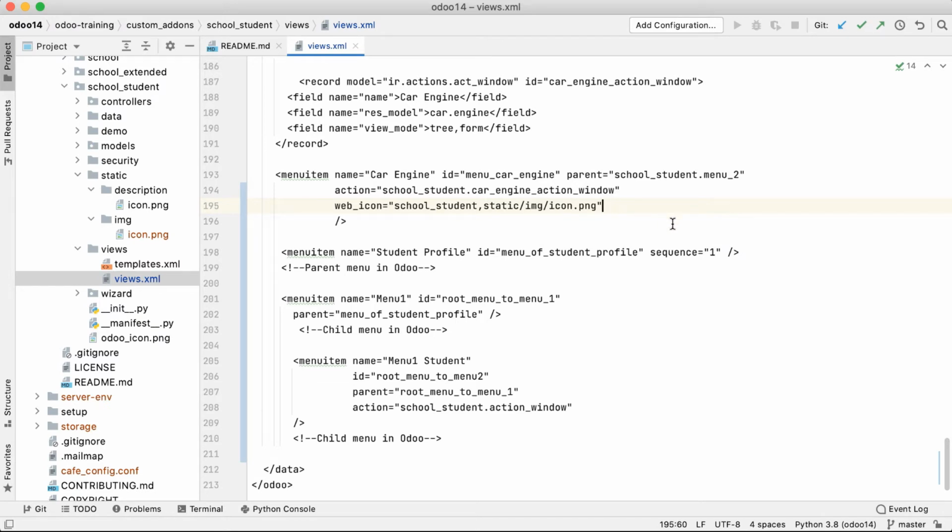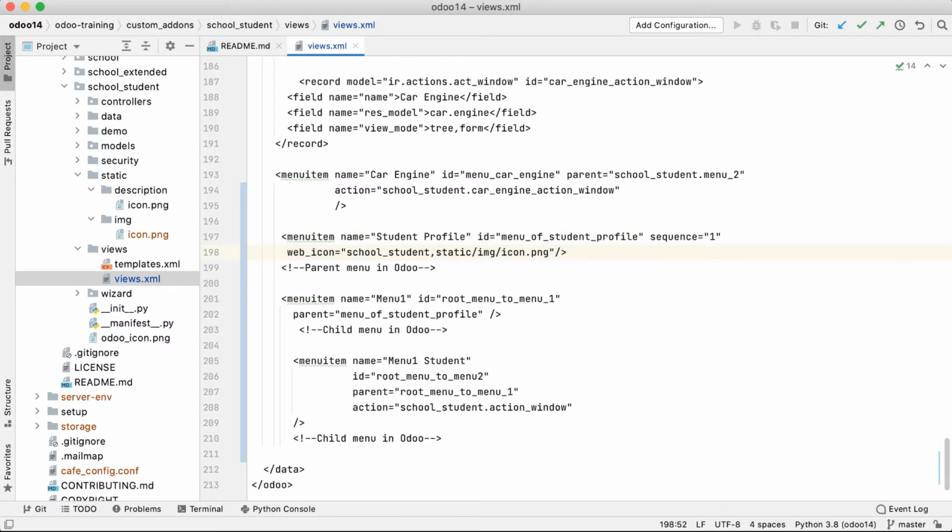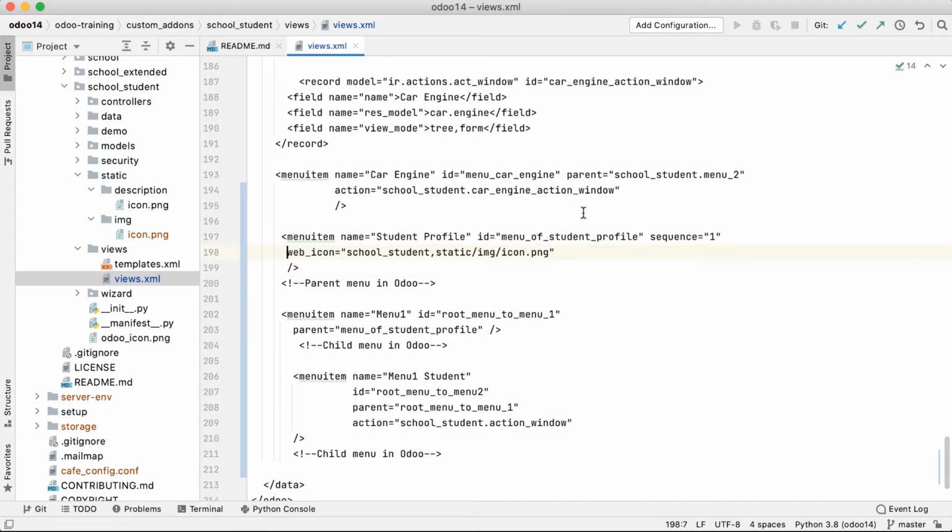Alright, so I made one mistake. Instead of this menu, we need to add the icon to the parent menu. This is not a parent menu, because you can see the parent attribute we already used.